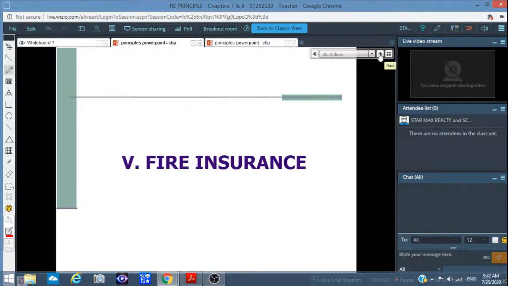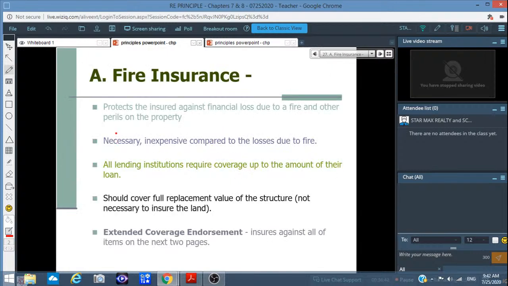Alright, fire insurance. 火险。It protects your house against loss due to fire. OK，火烧了，你的这个保险公司可以赔偿。OK，because your typical house is $500,000. Okay, you pay maybe $1,000 per year to cover. Okay. All lending institutions require coverage up to the amount of their loan. OK，银行规定，OK，你买火险要盖住他们那个贷款额度。